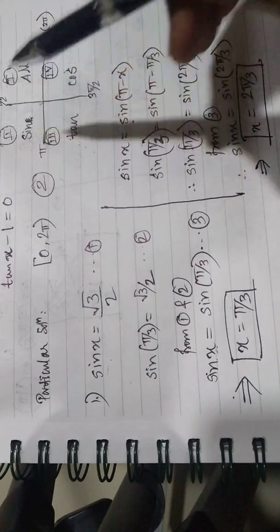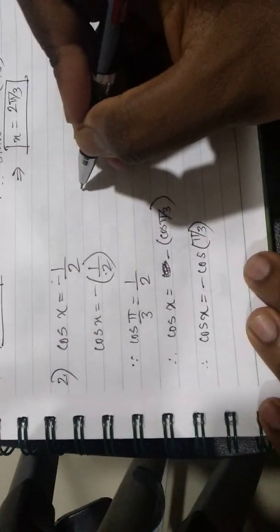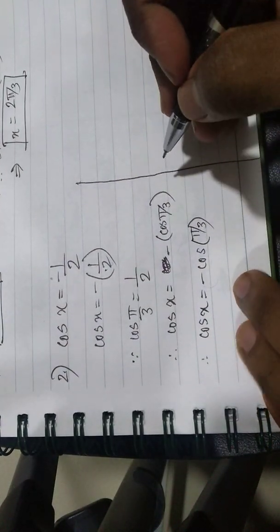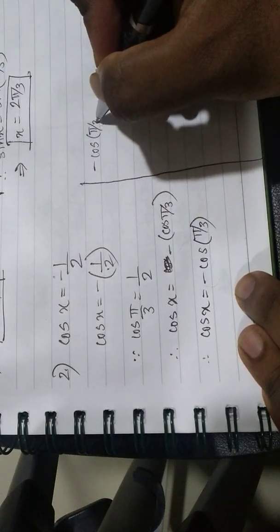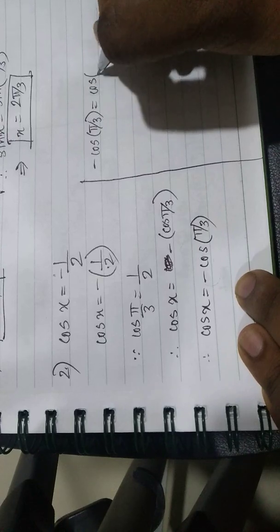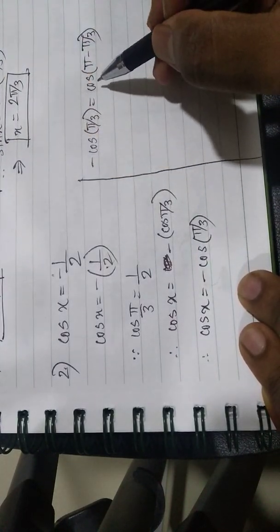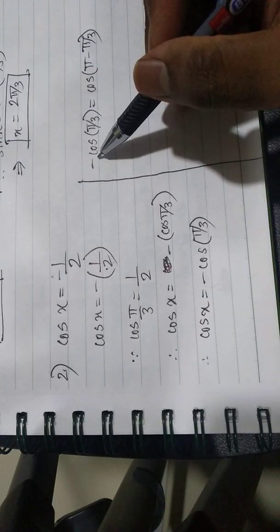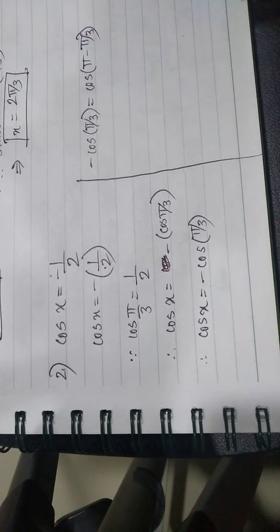It is negative in second and third. Okay, so obviously the first one which I am going to take is the angle in the second quadrant. Angle in the second quadrant is represented as pi minus x. So minus cos pi by 3 is equal to cos(pi minus pi by 3). Angle is in second quadrant. In second quadrant only sine ratio is positive, cos is negative. Okay, so that is why cos(pi minus pi by 3) has given me minus cos pi by 3.